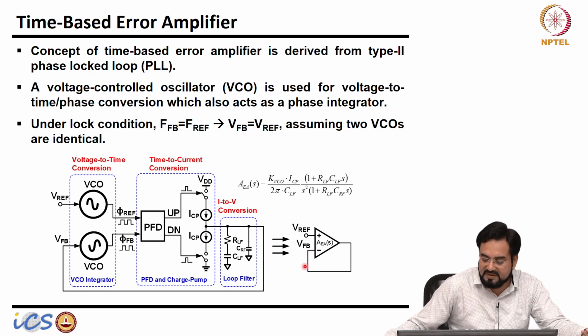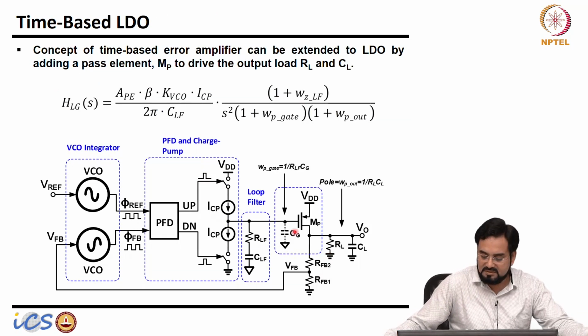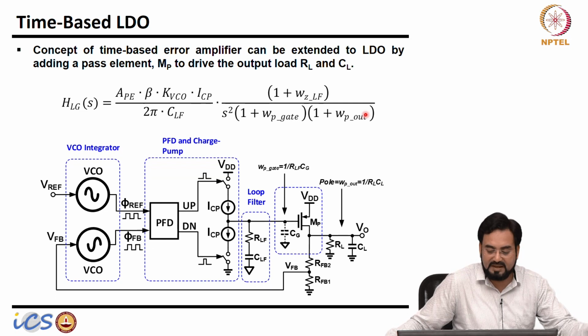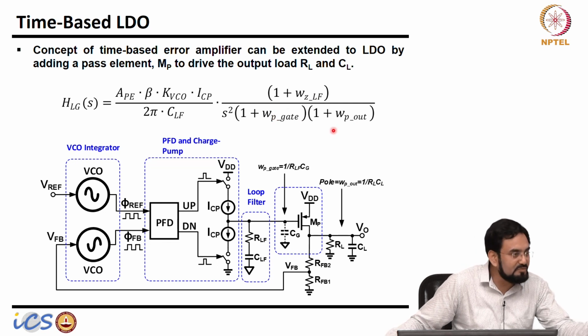So we can use this as an error amplifier and connect the PMOS at the output, and it will now start behaving like an LDO. Now we have two additional poles here. So we have two integrators, and then one pole is at the gate, just like a traditional voltage-based LDO, and another is at the output. So we have to make sure that one of them is cancelled out. So we have added only one zero. Now we need to cancel one more pole here. So I need one more zero.